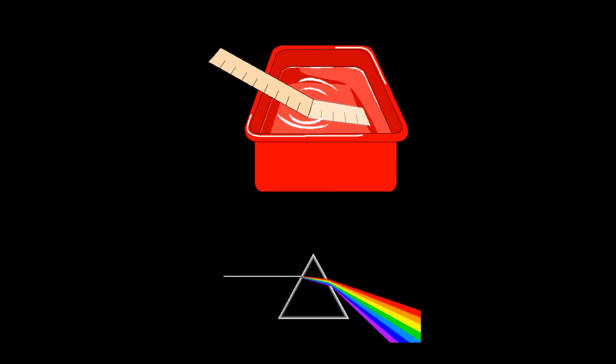Now come to the next phenomenon, refraction. Refraction of light: if you dip a scale in water, it will seem to be bent. This is a phenomenon of refraction. If you pass white light through a prism, it separates into several colors. If light rays travel through a glass slab, they bend towards the normal because they are traveling from a rarer medium to a denser medium. And when it emerges out, it bends away from the normal because it is entering from a denser medium to a rarer medium.